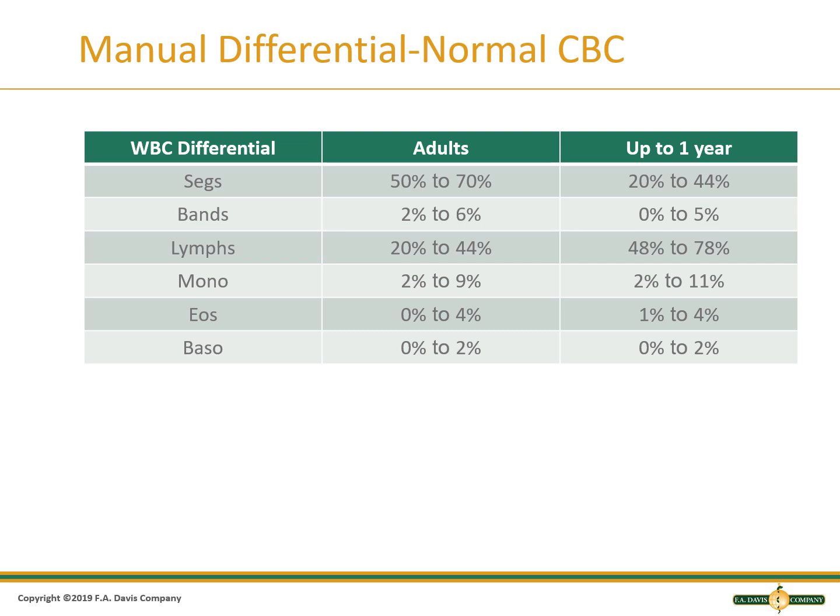So here is a chart that shows you what you would anticipate seeing in an adult and up to a 1-year-old for what we would call a normal white blood cell differential. Typically, segs are going to be the cell that you see primarily. So 50 to 70% of what you see should be segmented neutrophils, and you might have a few bands in there, 2 to 6%. The next population you anticipate seeing the most of are your lymphocytes at 20 to 40%,